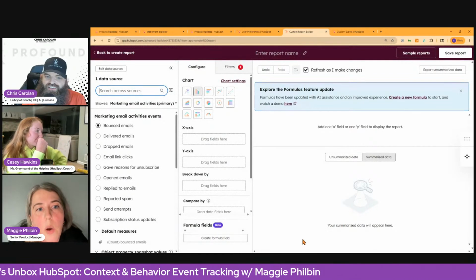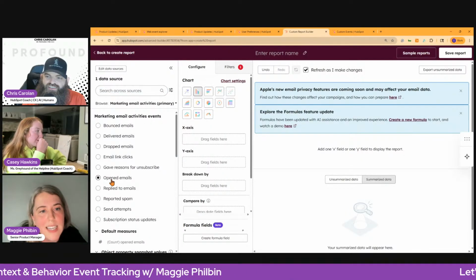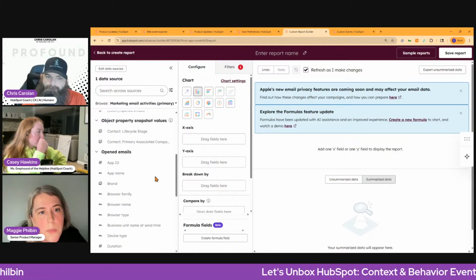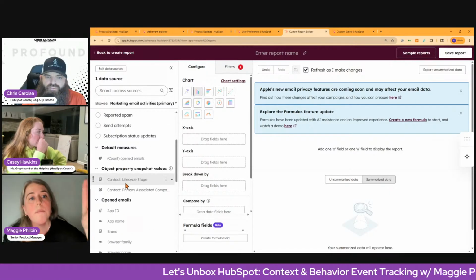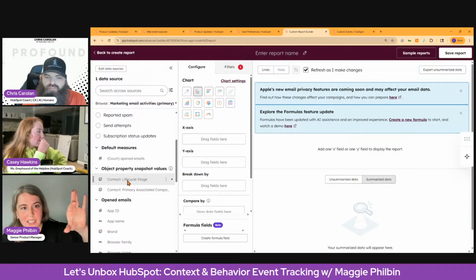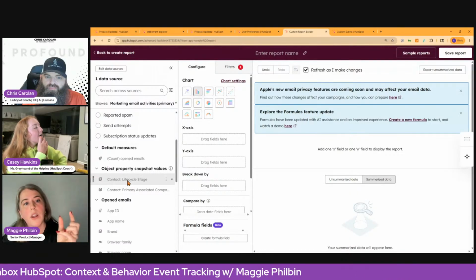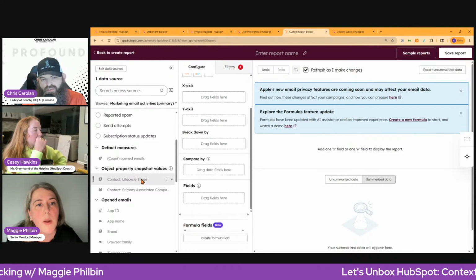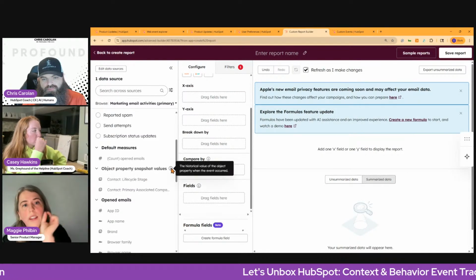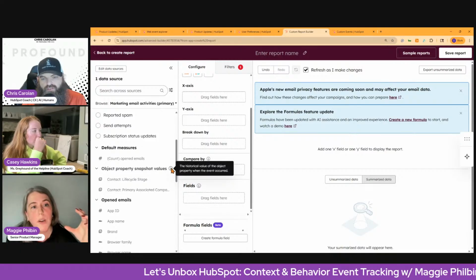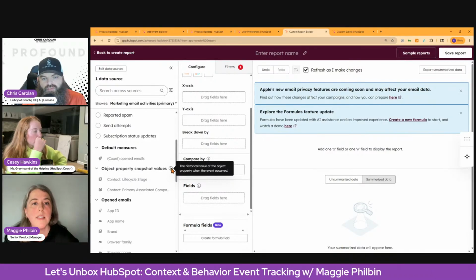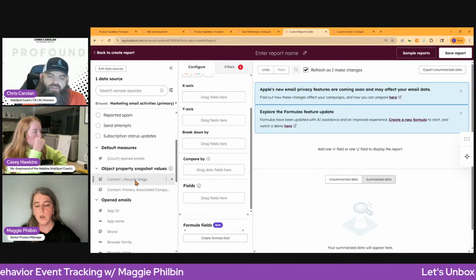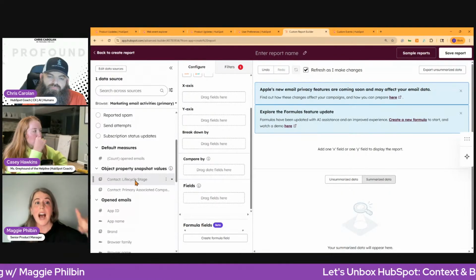Okay, now click on opened emails. All right, so we're looking at emails. I bailed on CTAs. Scroll down. They're right there. Scroll back up. Object property snapshots. So they're embedded in the event. So if you grab your event, they're going to be in there. So now when you're building your report, anytime you see object property snapshots or contact: lifecycle stage, that's how you know you're using one of these snapshot properties. And we added a tooltip to try and make it a little more clear: when you're grabbing this value, it is the value at the time the event occurred.